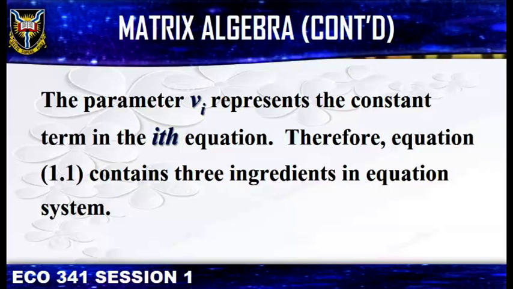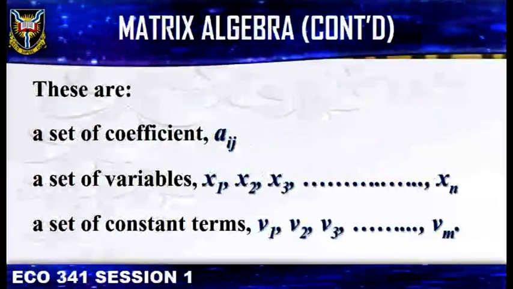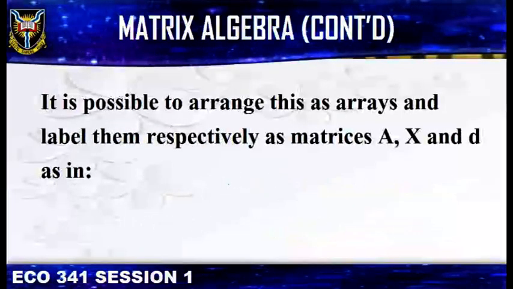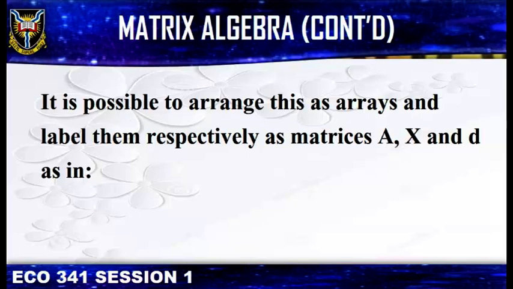Therefore, equation 1.1 contains 3 ingredients in the equation system. These are a set of coefficients aij, a set of variables x1, x2, x3, to xn, and a set of constant terms v1, v2, v3, ..., vm. It is possible to arrange these as arrays and label them respectively as matrices A, X, and D, as in